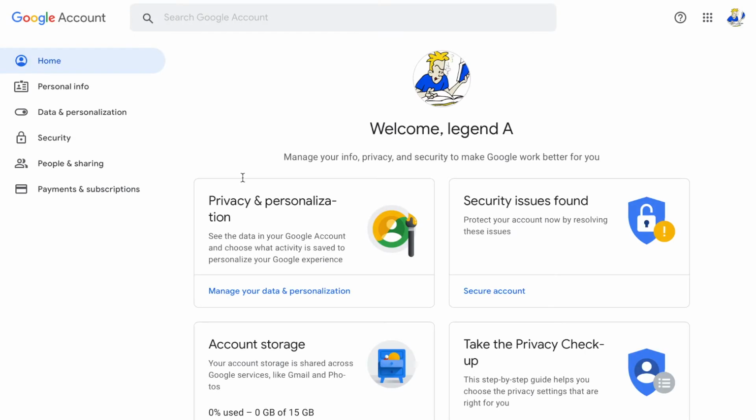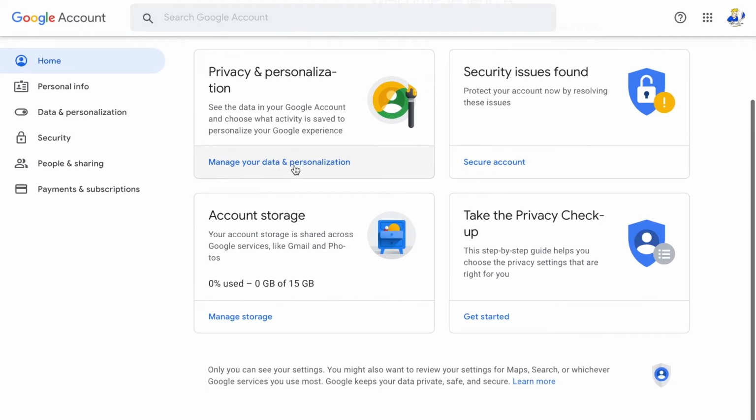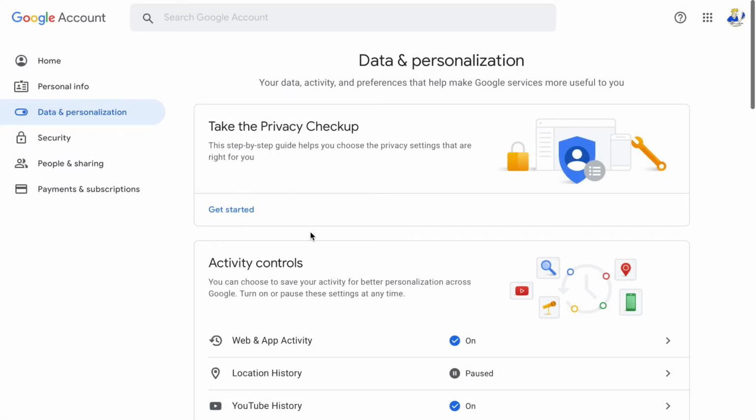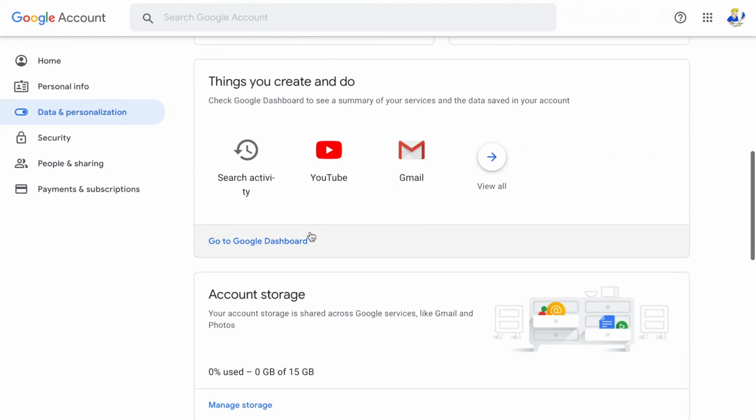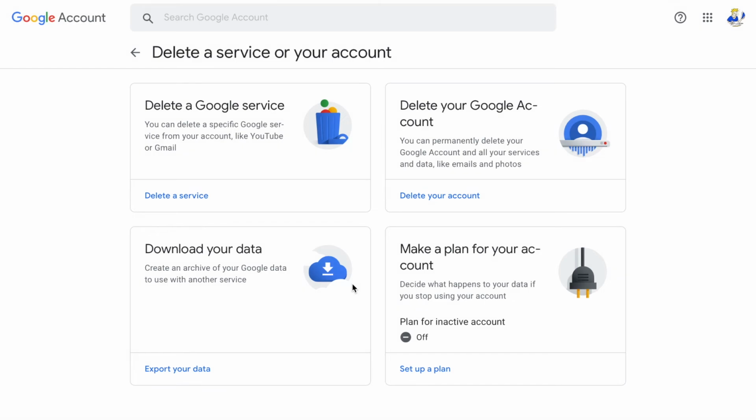It will redirect you to your Google account. In here, scroll down and click on manage your data and personalization. Click on it and scroll down further, and you'll come across this option called delete a service or your account. Go into it, and in here go to delete a Google service,